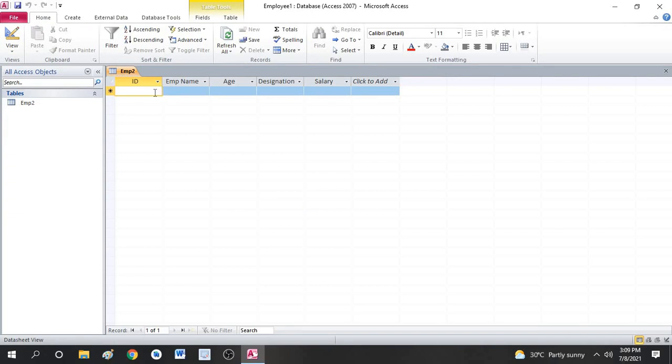So let's start with 01, Ashwini. Age is 26. Designation is manager. Salary be 60,000.